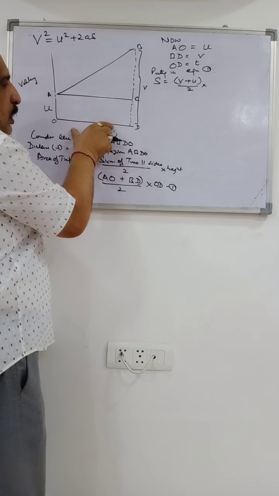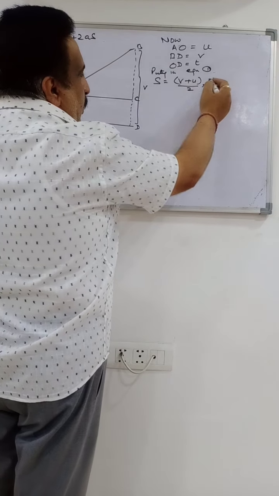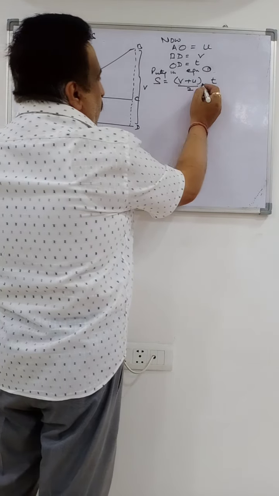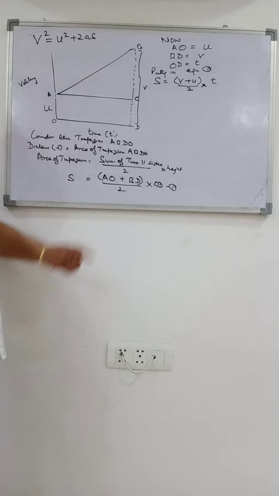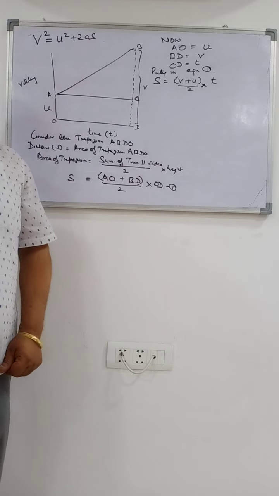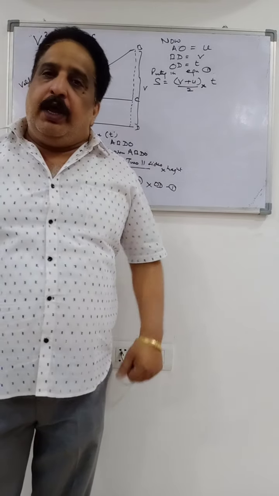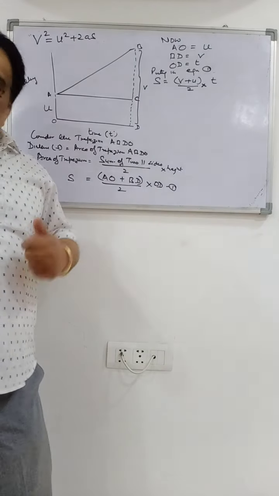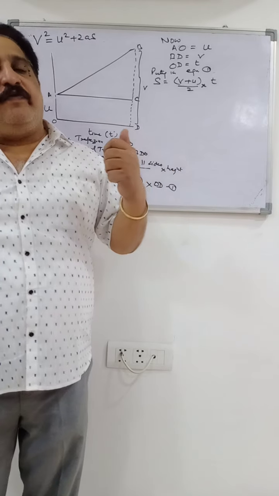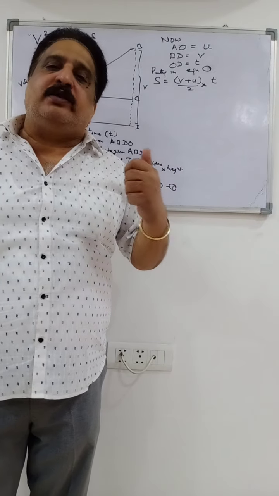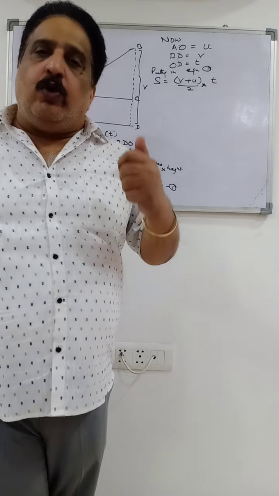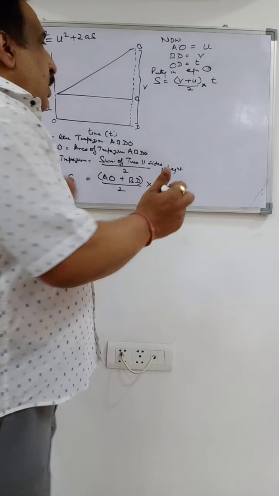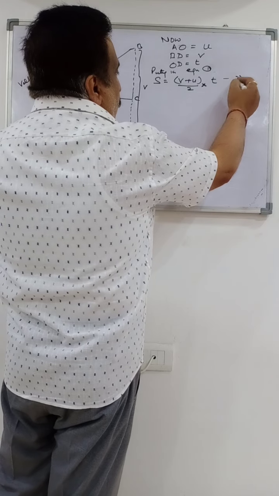What is OD equal to? T. So, V plus U upon 2 into T. But in the initial equation which we are deriving, there is no T. इस T को remove करना है. T की जगह कोई और चीज डालनी है, so that T does not remain in the equation. वो हम फर्स्ट इक्वेशन से निकालेंगे. What is first equation? V is equal to U plus AT. V is equal to U plus AT में से T की वैल्यू निकाल लेंगे. This is equation 2.